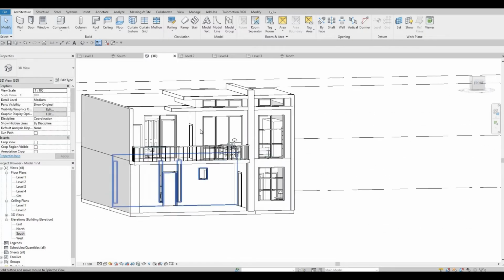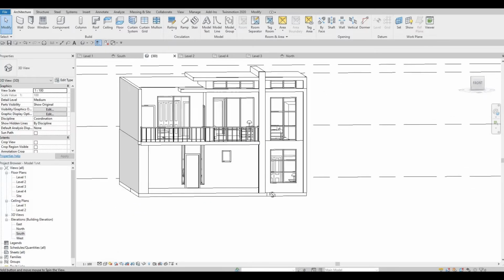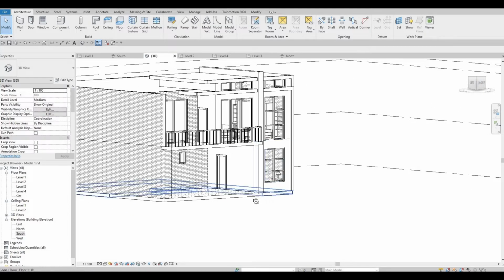So yeah, I'm planning to add in the wood here. So from the design of my friend, he wanted some wood here, plank wood, and then this will be stone, and maybe this one will be stone as well. Yeah, he hasn't figured out what's going to happen here, but yeah,